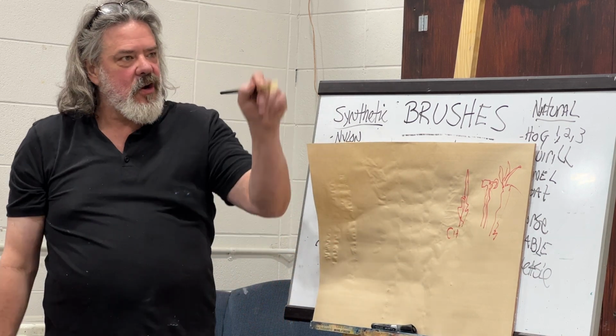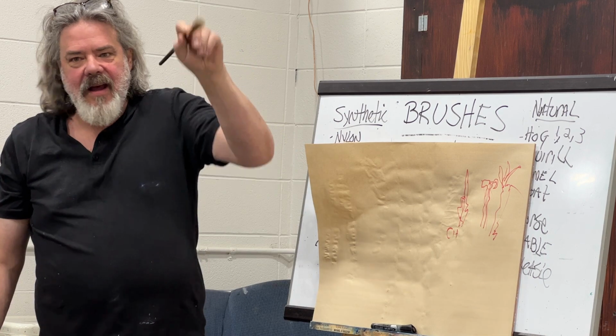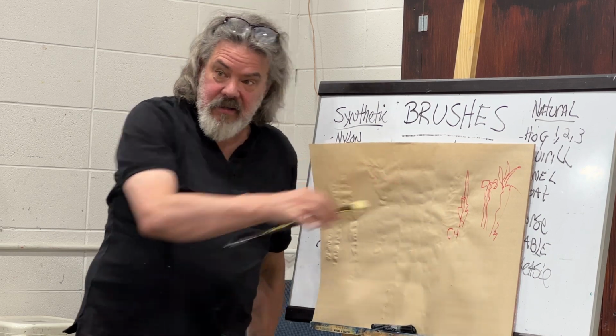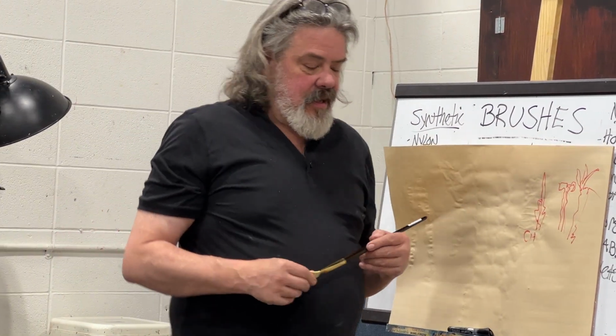People just get in there and start doing this, and here's my door, and here's my window, and here's my tree, and everything's this way. You gotta learn that you need to go this way, and this way, and this way, and this way, and don't put your brush this way. That's the first thing, right? The second thing is,